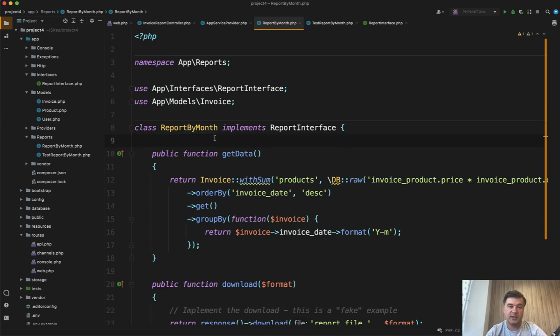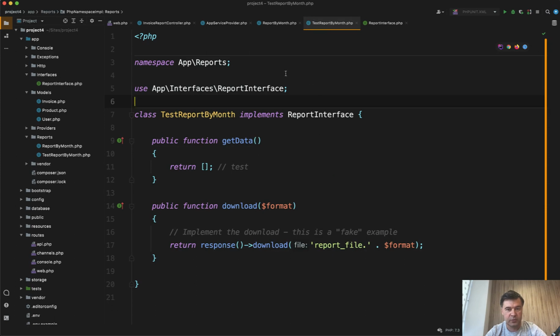But for testing, you want to have the same class that implements the same interface, but with some test data. So you create a simple test report by month, which implements the same interface. And for example, you do something different with the data or with the download or whatever. And you want to replace that class, the main report by month, with your testing class in some kind of